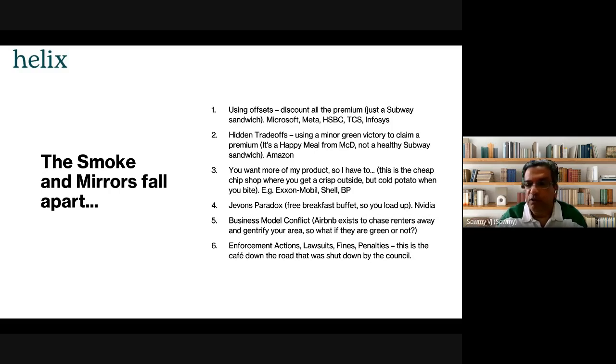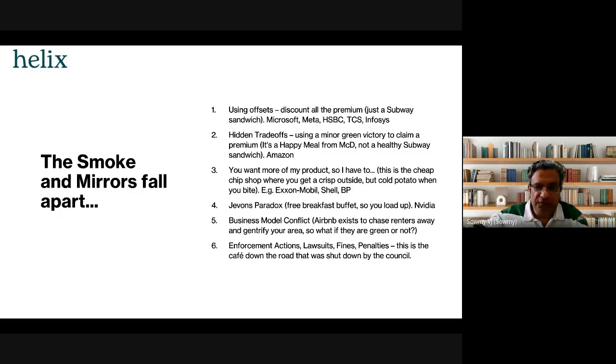If you look at the premium that Airbnb has because of that ESG rating, 20%. The valuation is 20% higher because of an unjustified ESG rating. If you just peel that ESG rating off, the valuation drops massively. That's the reality for these sort of companies. There are lots of examples of number 5. And then you also have a number of companies that have enforcement actions, lawsuits, fines, penalties, right?